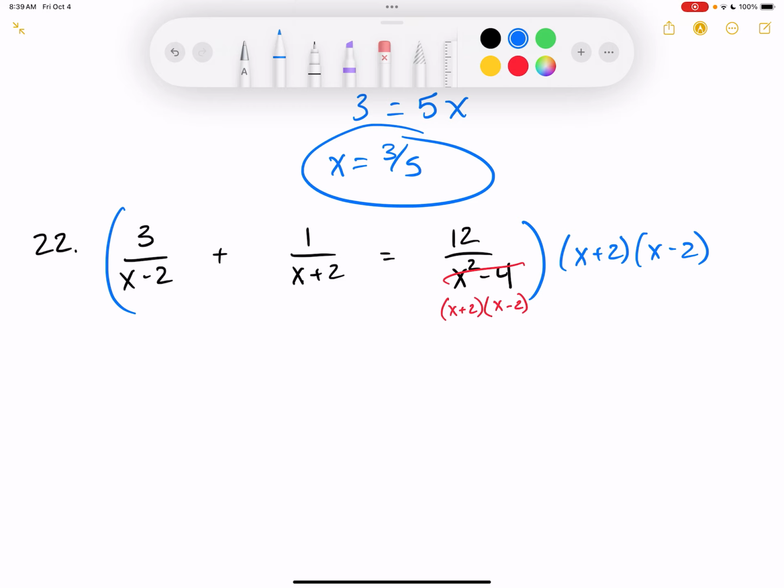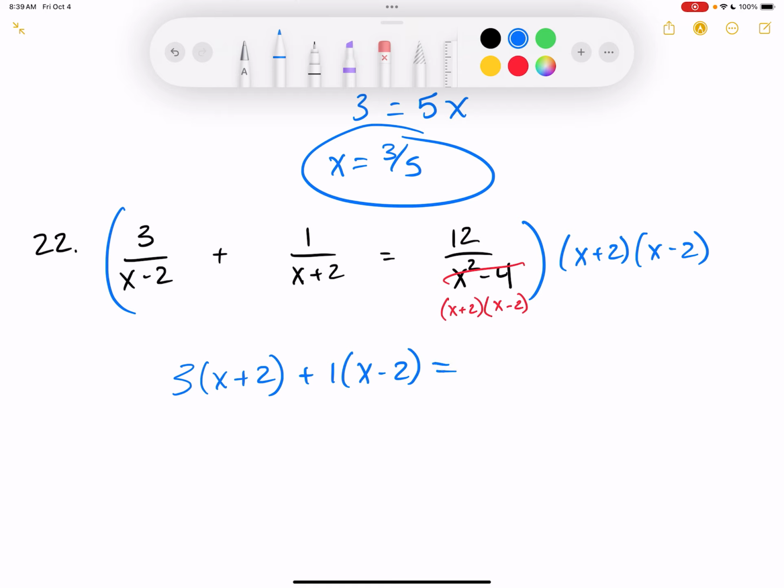So when I multiply 3 over x minus 2 by this, x minus 2's cancel, and I'm left with x plus 2. So I'll have 3 times x plus 2. On this next one, I have x plus 2 being multiplied by this stuff. So x plus 2's are going to cancel. I'm going to have 1 times x minus 2. So plus 1 times x minus 2